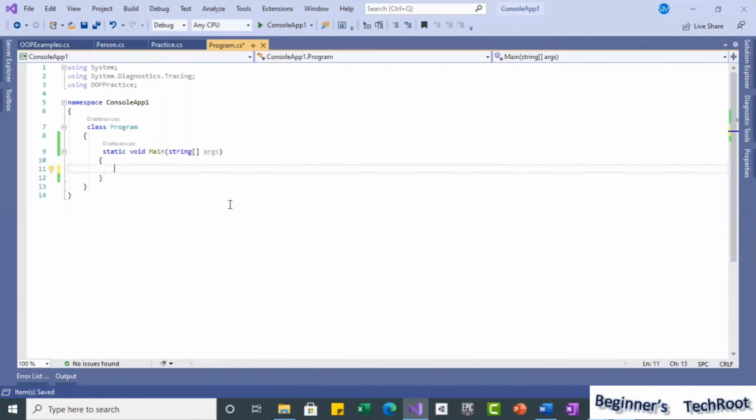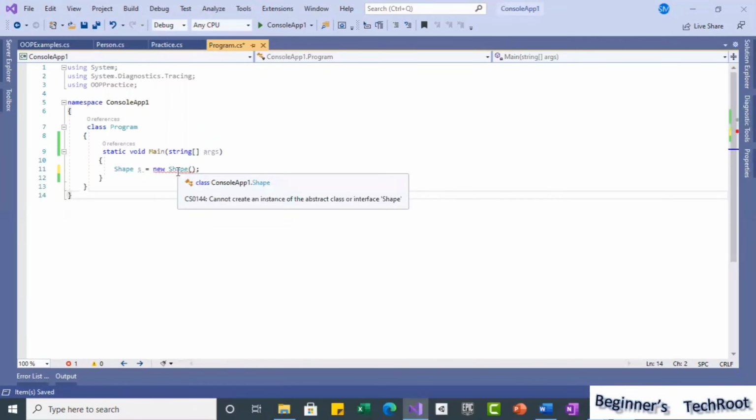Example: if I try to create an object for Shape, what happens? We observed earlier also, but once again I am quickly explaining. If I put this object creation, see here itself you get the error: cannot create an instance of the abstract class.